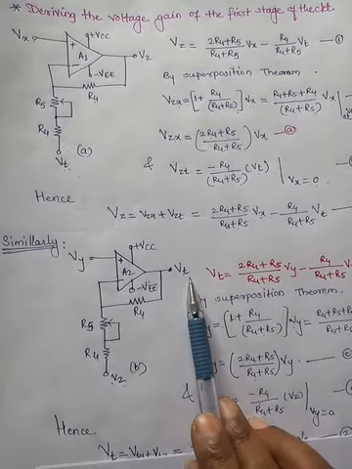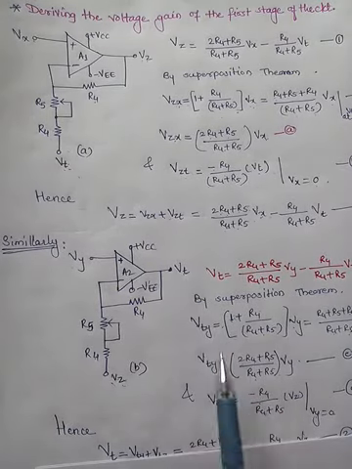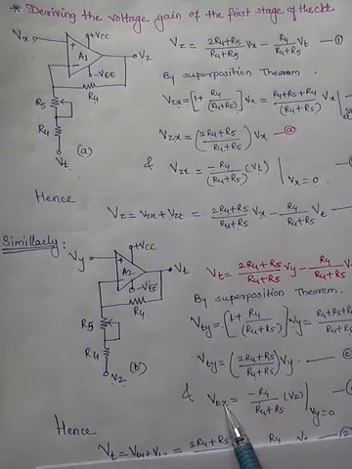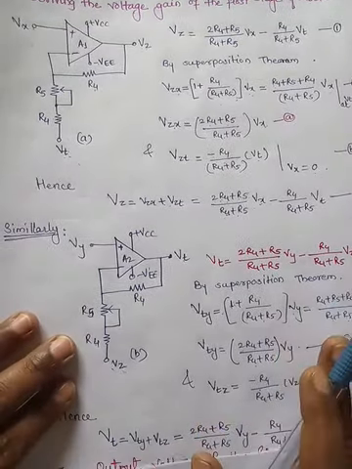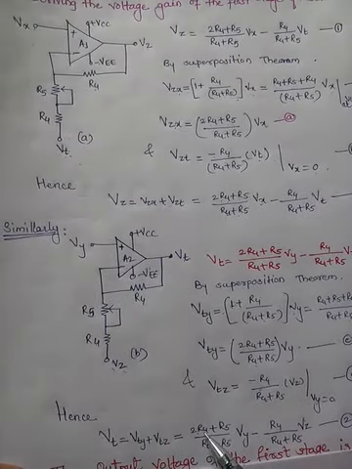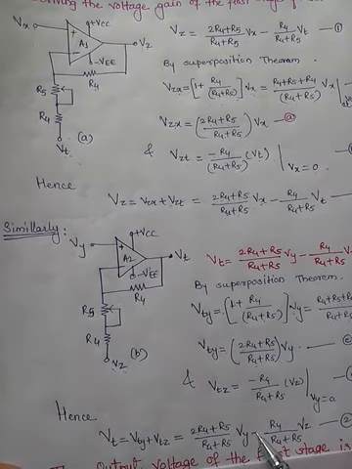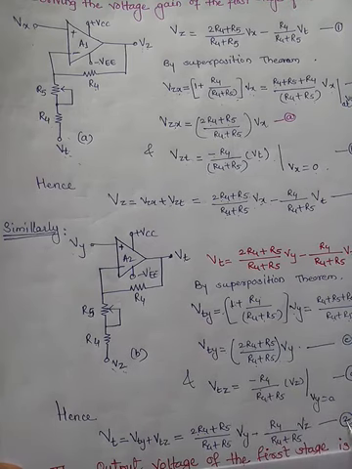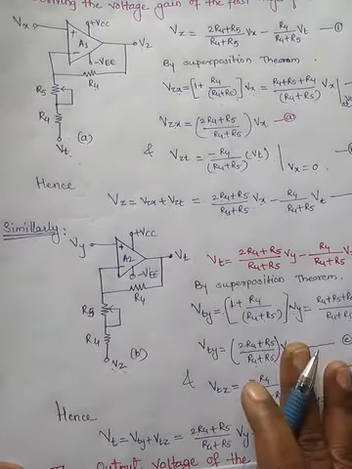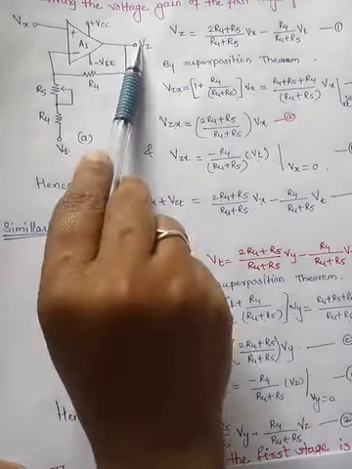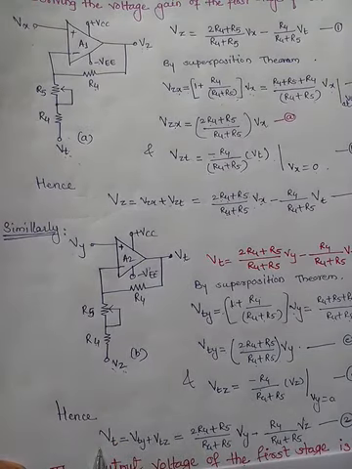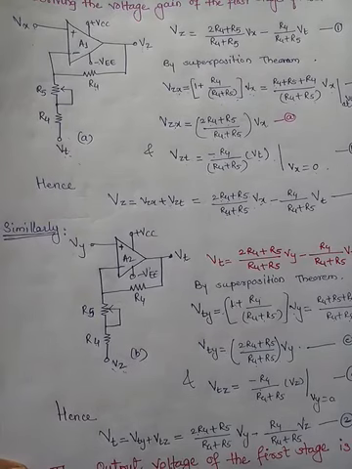So write the output voltage Vt by superposition theorem, that is Vt because of y plus Vt because of z, and then we can write the equation of Vt is equal to twice of R4 plus R5 by R4 plus R5 into V of y, that is C, minus this D equation, R4 by R4 plus R5 into Vz. Make this one as equation number 2. Now from the first stage we got both the output voltages Vz and Vt. As we got both the voltages, now we can find the output voltage of the first stage, that is Vzt. Vzt is Vz minus Vt.